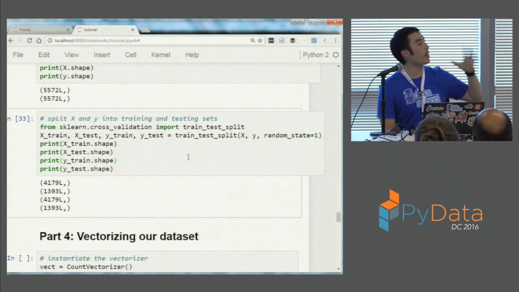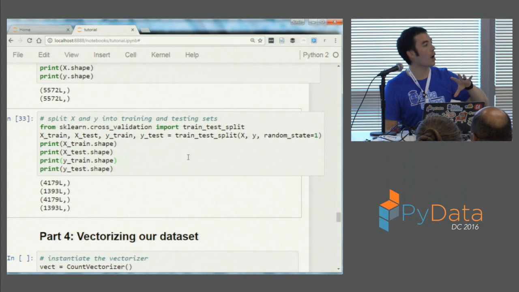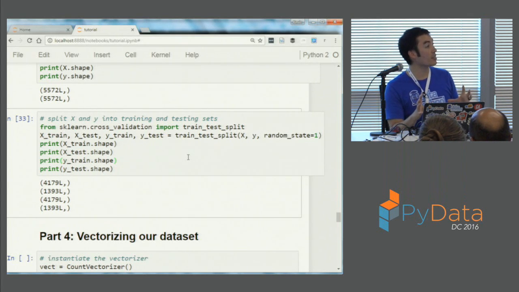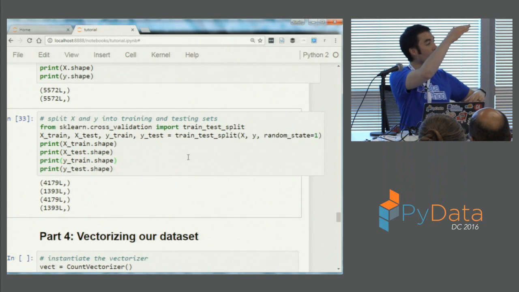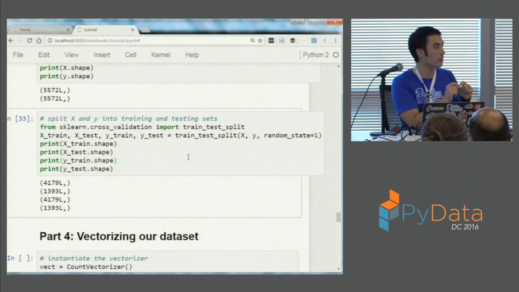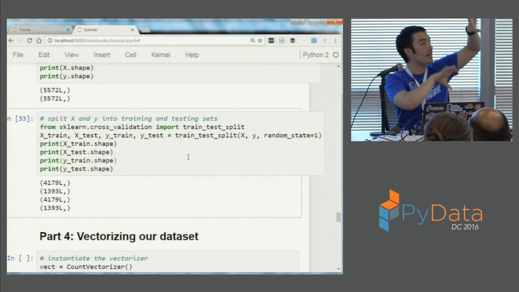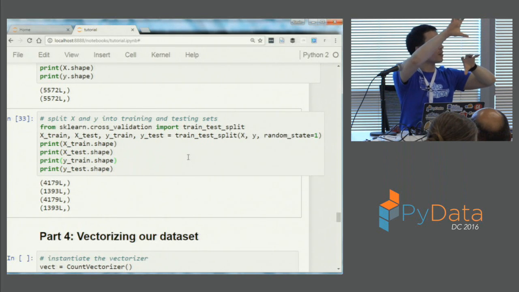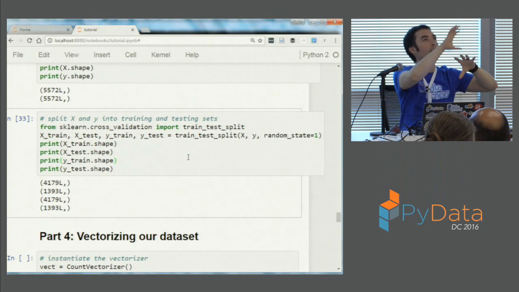Why you train-test split before vectorization. If you vectorized first and then split, which is what we don't want to do, but if we did that, you would split a document term matrix into two pieces. And when you did the fit and transform on the first piece, sorry, you've already done that. You want your